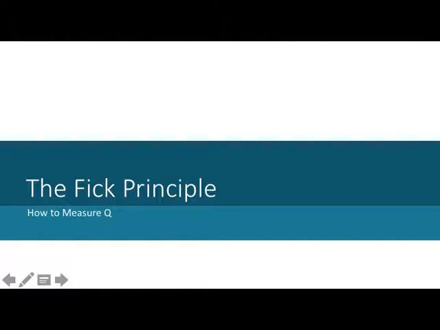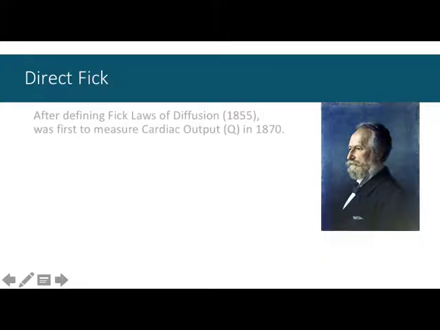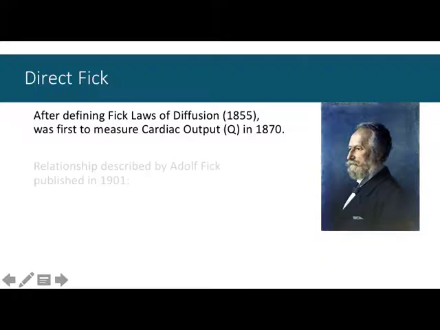All of the calculations are according to the Fick principle, and we use this to measure whole body cardiac output. And it is the same Fick that we've already had some experience with. Adolf Fick, after defining his laws of diffusion, which we've used at the lung successfully to describe the exchange of gas across a membrane, was the first to measure cardiac output in 1870, fairly prolific scientist. Measuring cardiac output in 1870 is one thing. It took him 30 years then to describe the relationship and publish it,